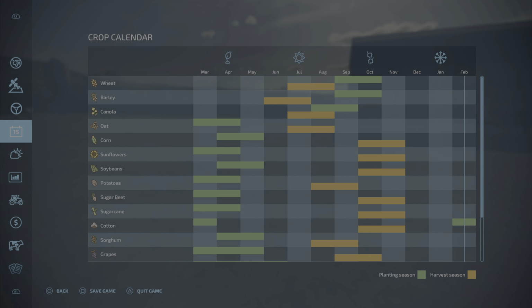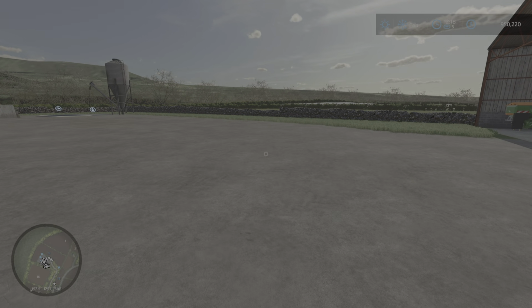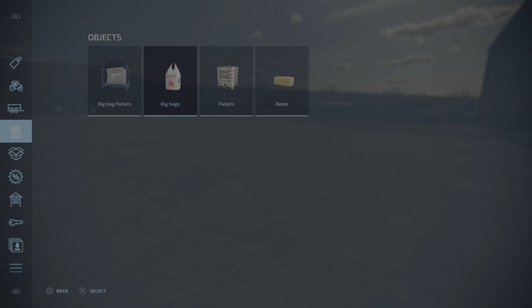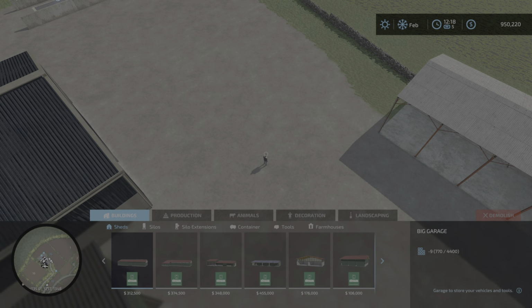And then we have to basically fast forward or maintain until July, because May, June, we don't have much going on. July is when we will be able to harvest that canola, and that's when we will need to build the oil factory. So again, we've looked at the oil factory. Nope, wrong menu. Under construction, under production,